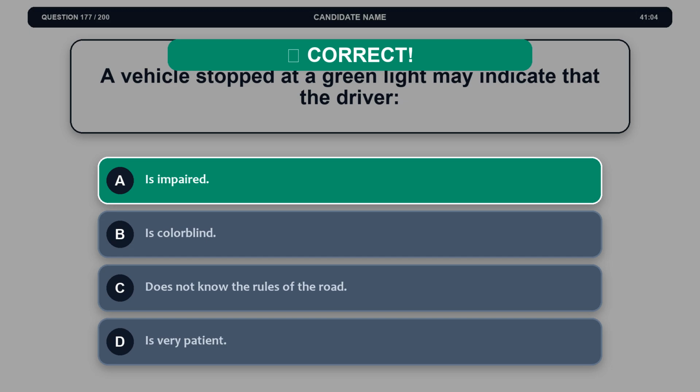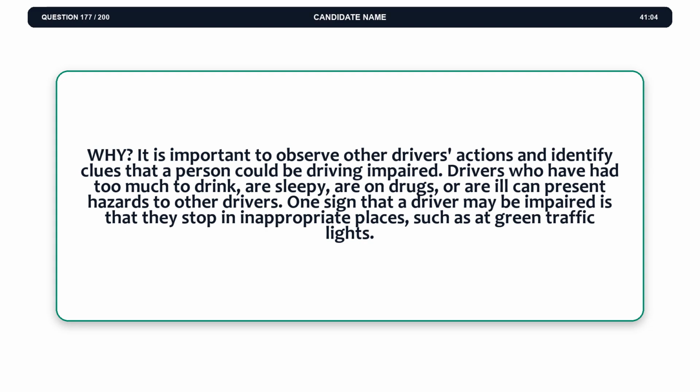The correct answer is option A, is impaired. Explanation. It is important to observe other drivers' actions and identify clues that a person could be driving impaired. Drivers who have had too much to drink, are sleepy, are on drugs, or ill can present hazards to other drivers. One sign that a driver may be impaired is that they stop in inappropriate places, such as at green